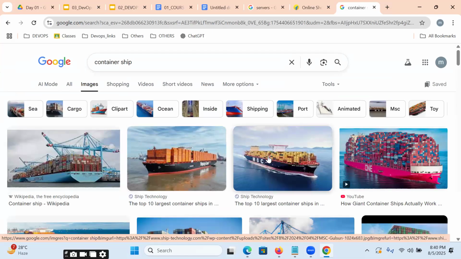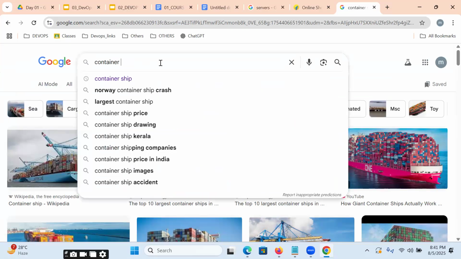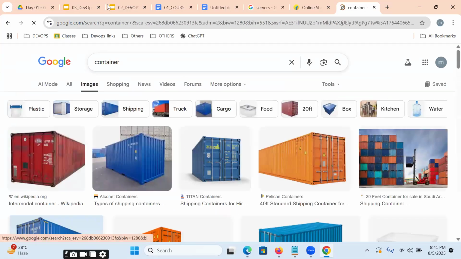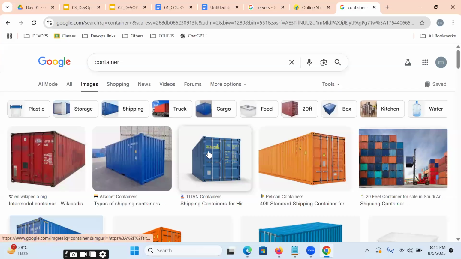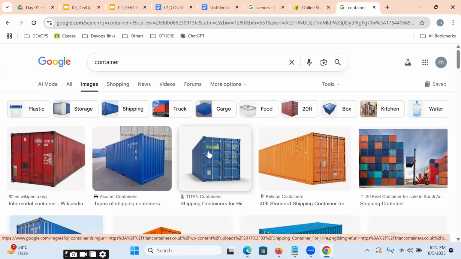How exactly do these real-time containers work? Our Docker containers also work the same way. By using a container, we can easily transport any kind of product.